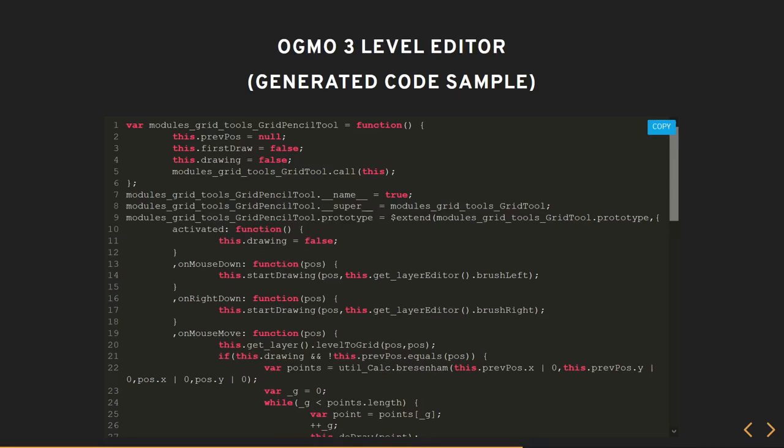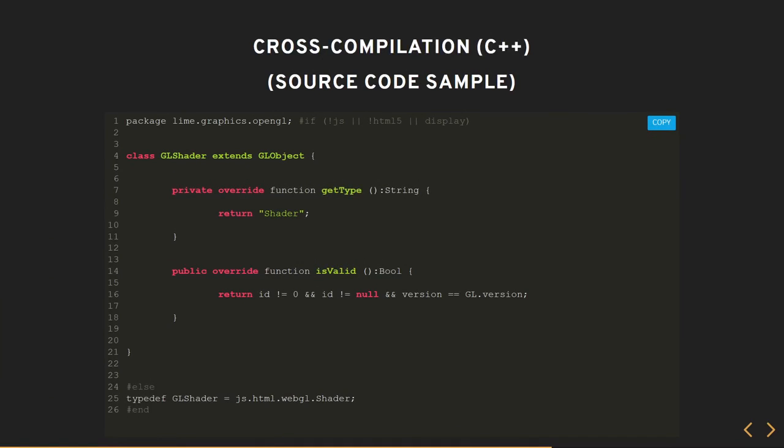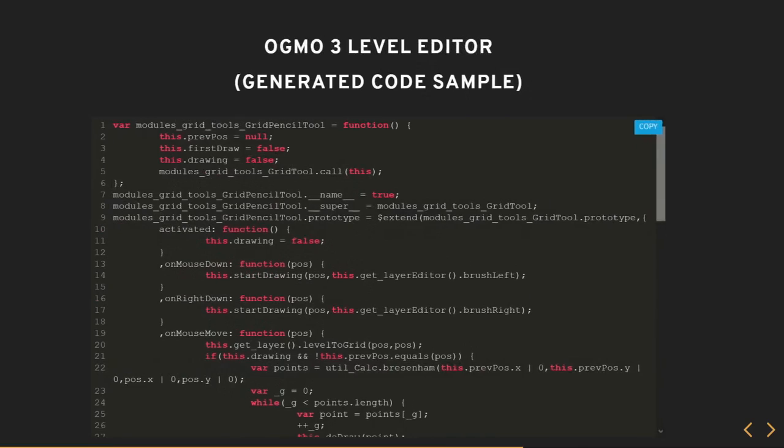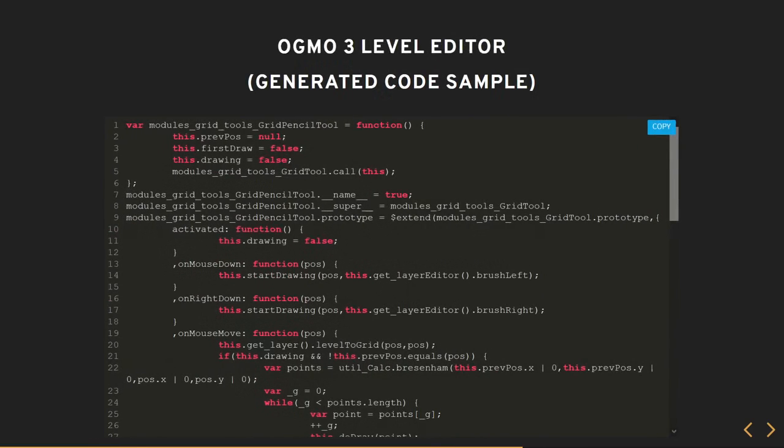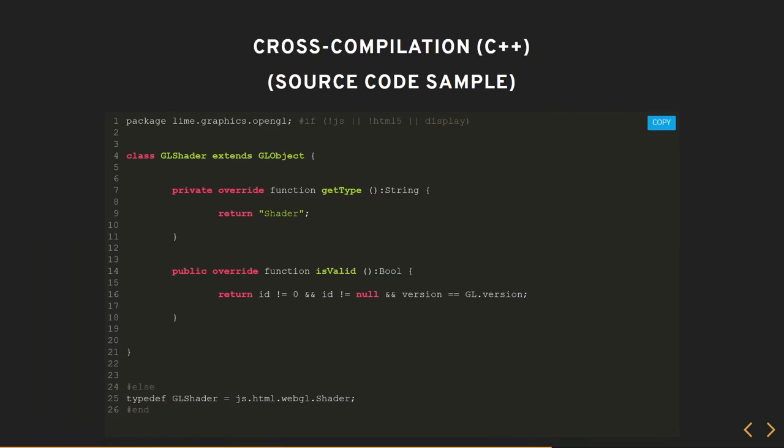So yeah, basically the Haxe compiler is gonna translate all the Haxe code to JavaScript code, and that's really it. And then it's gonna use JavaScript and Node.js tools like Webpack, things like that, to make it run. So here's another example. This one's going to be an example of cross-compilation to C++.